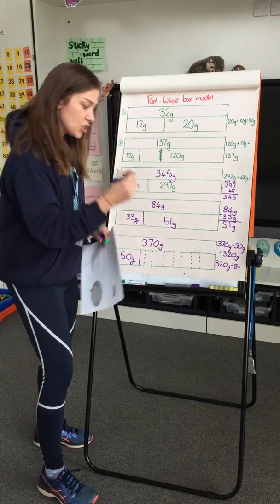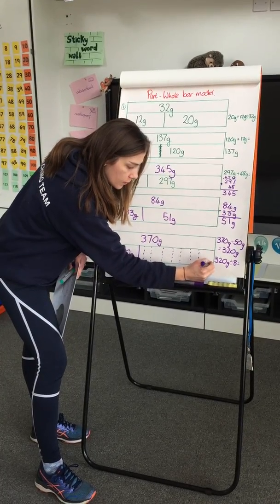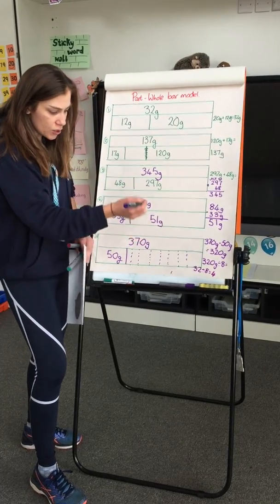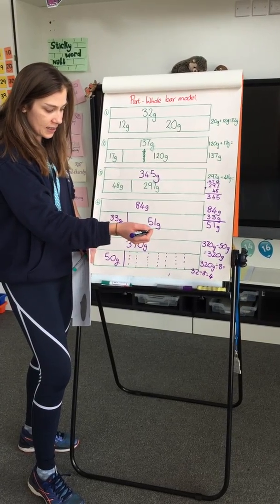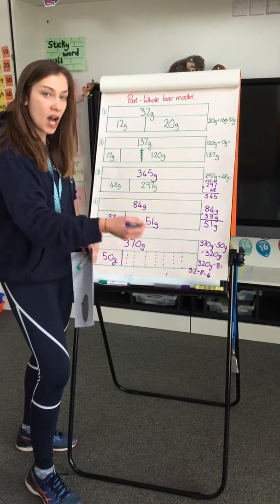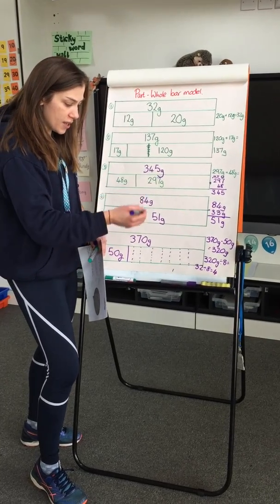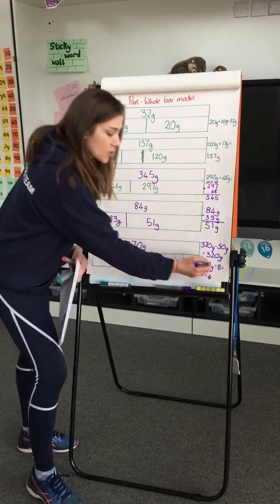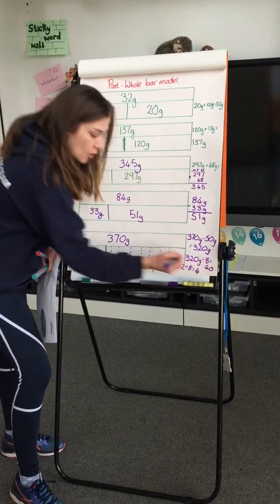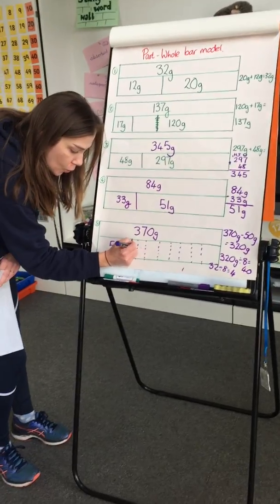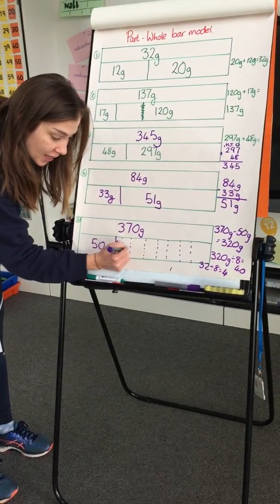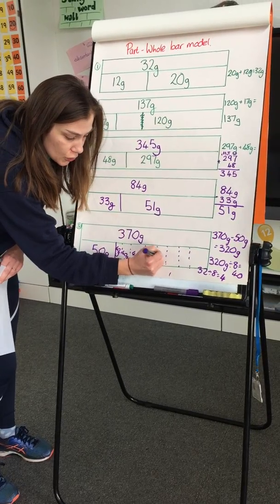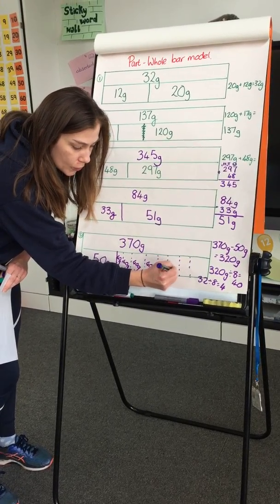So 32 divided by 8 is 4. So 320 divided by 8 is going to be 10 times the answer. So 32 divided by 8 is 4, so 320 divided by 8 is going to be 40. So each of my paints weighs 40 grams. If you got the answer to that one, well done, because that one was a bit of a challenge, because not only had to use your part whole model, you were also